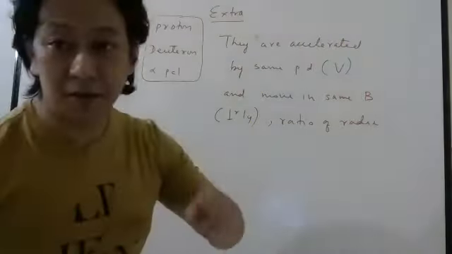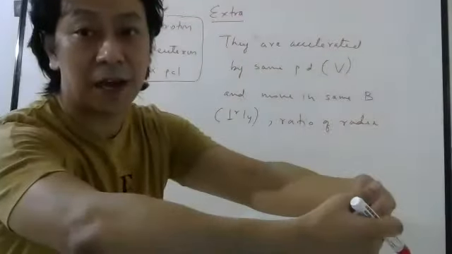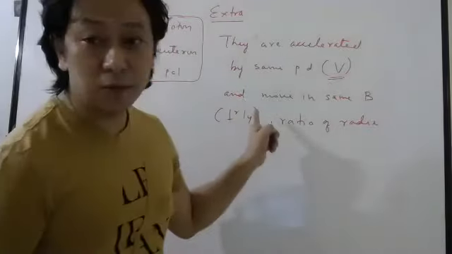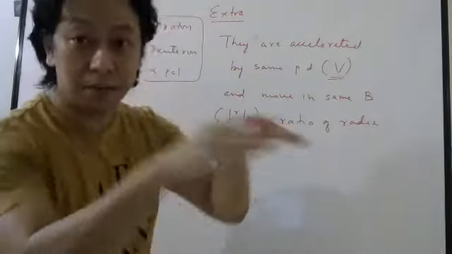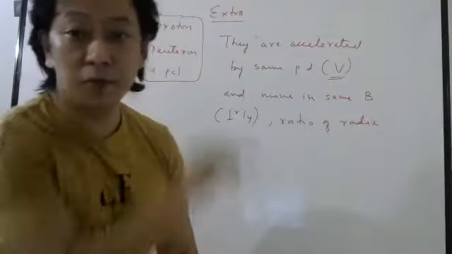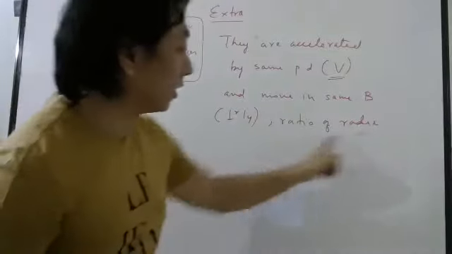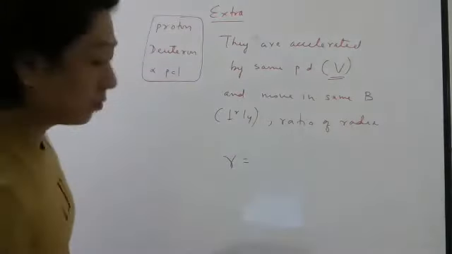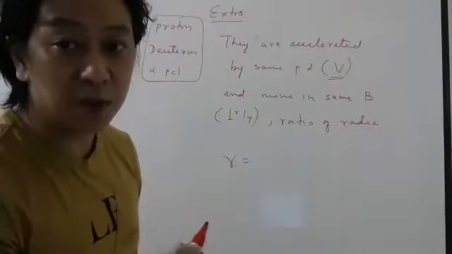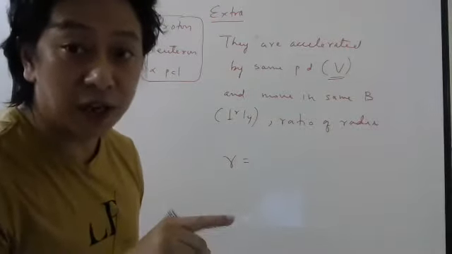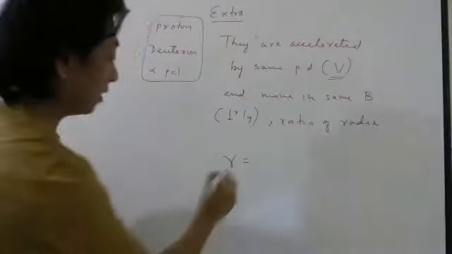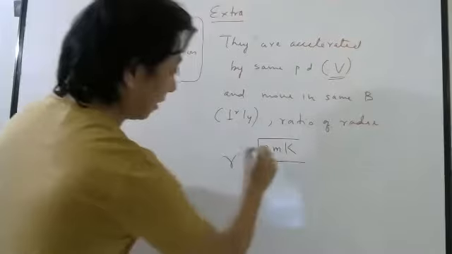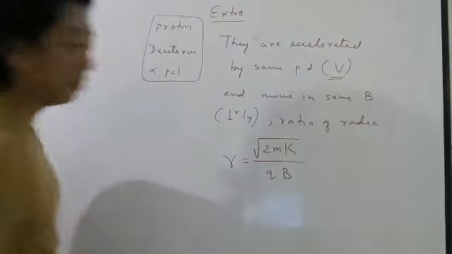So first, what I have done, first I have accelerated them by what voltage? Same voltage, right? Then I want them to move in a magnetic field perpendicularly. Then all of them will move in a circle. I want to know the ratio of the radii. Let us start with the formula. Radius formula is what? mv by qB. Then mv we can write as momentum. Momentum we can write as root over 2mK. So this is root over 2m kinetic energy by qB. This is the formula that we know, right?